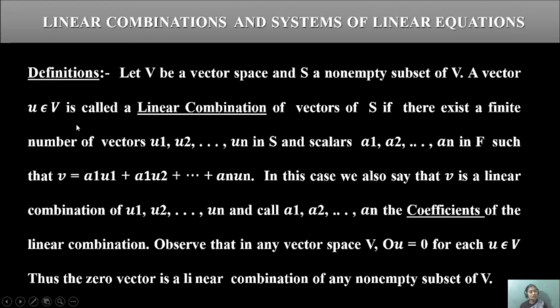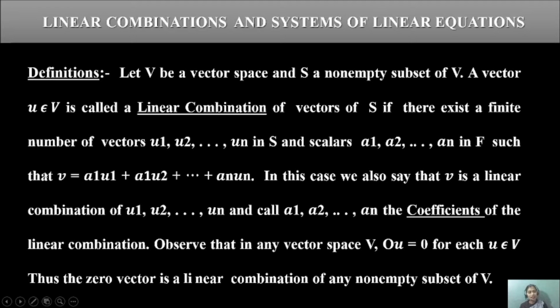Here u is an element of V. The vector depends on the form. We say u is a linear combination of vectors of S